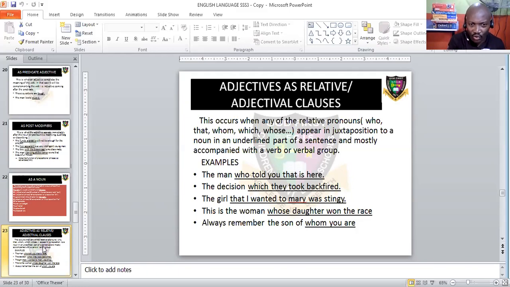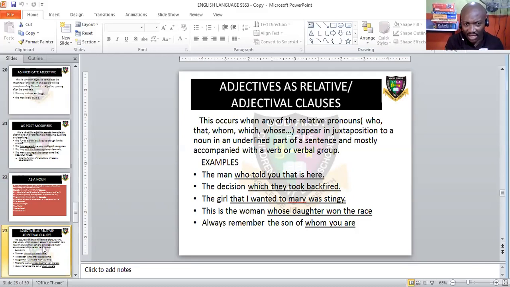The man who told you that is here. The decision which they took backfired. The girl that I wanted to marry was stingy. This is the woman whose daughter won the race. Always remember the son of whom you are. Look at that. Who told you that here is